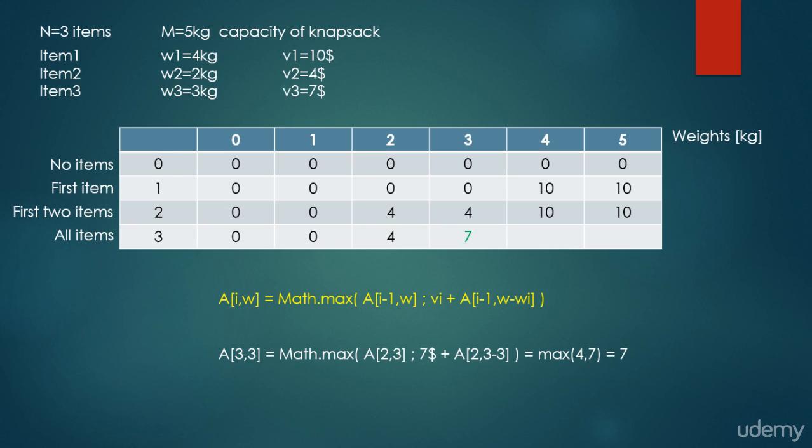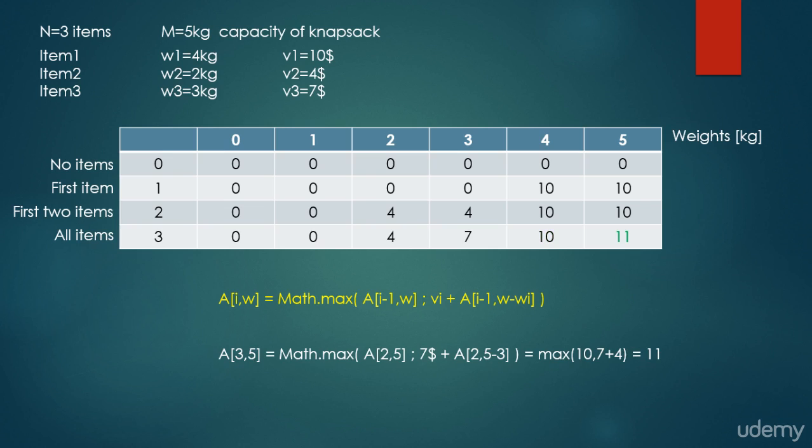Because in the lookup table, the integer with row index 2 and column index 3 is a 4, and the integer with row index 2 and column index 0 is a 0, but $7 plus 0 is equal to $7, and 7 is greater than 4, so it's going to be a 7. Then it's going to be the 10, because we have to look it up in the tables, and we come to the conclusion that we have to decide between 10 and 7, and 10 is greater,